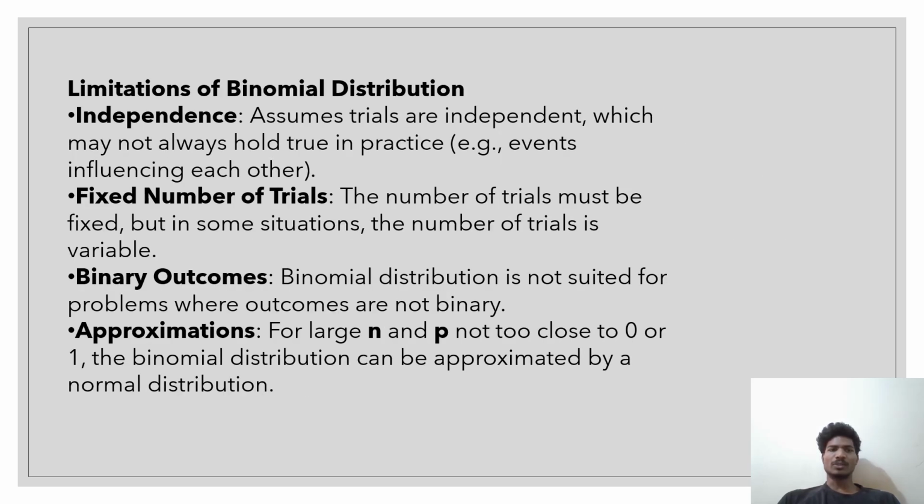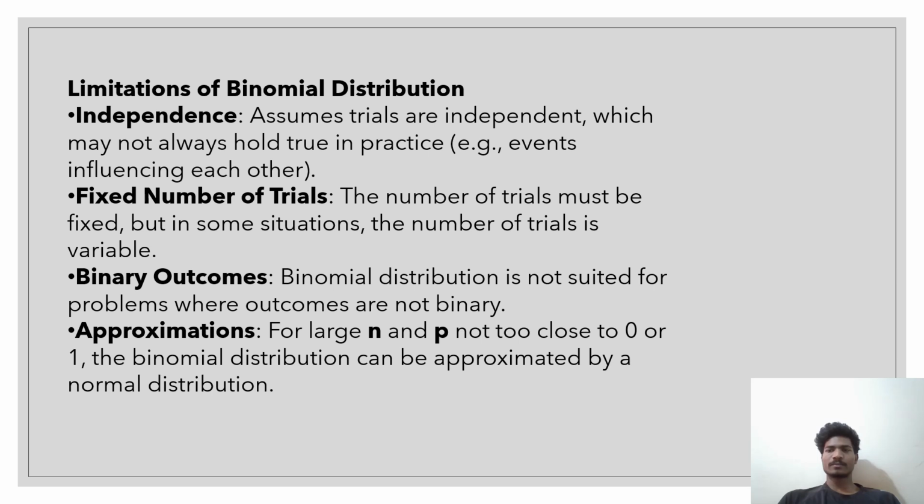Limitations of binomial distribution. Independence: it assumes trials are independent, which may not always hold true in practice, for example when events influence each other. Fixed number of trials: the number of trials must be fixed, but in some situations the number of trials is variable. Binary outcomes: binomial distribution is not suited for problems where outcomes are not binary. Approximations: for large n and p not too close to 0 or 1, the binomial distribution can be approximated by a